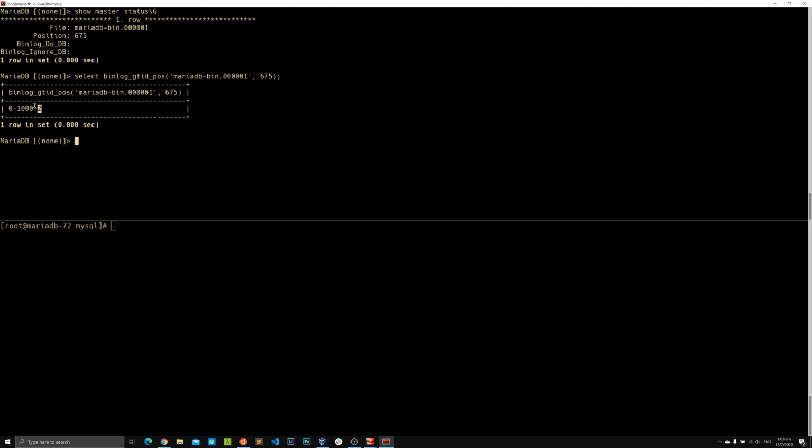And then the last number in my global transaction ID represents the actual transaction number. It means that so far on this particular server we have executed 2 commands. One is to create the user account, and the second command we executed is to grant some privilege to that user account. So that is why we can see that we have this particular gtid 0-1000-2. But of course on this other machine,